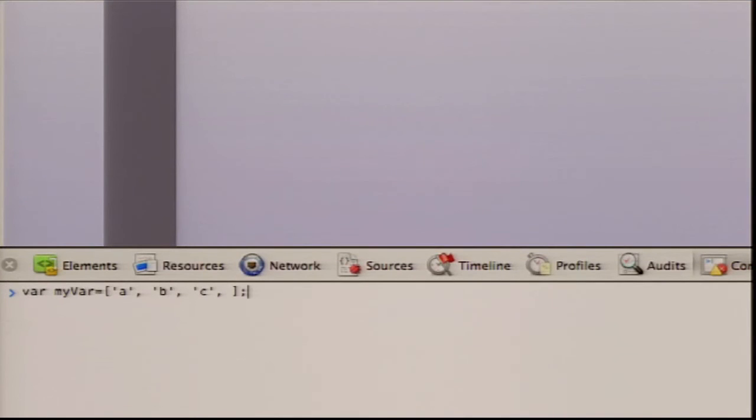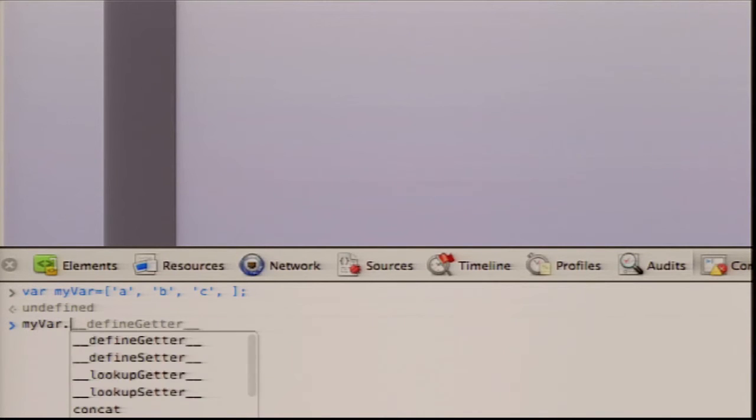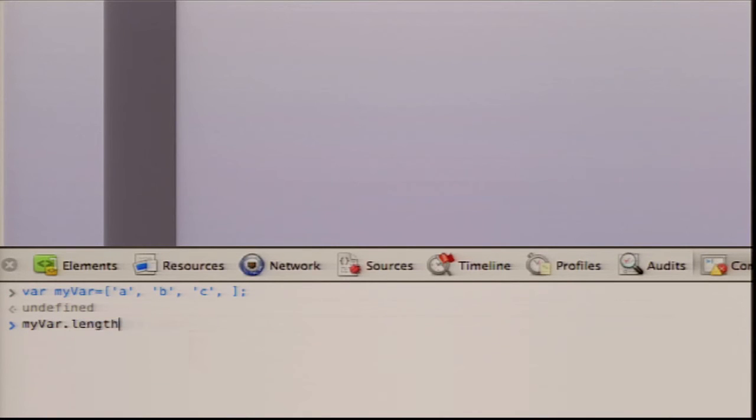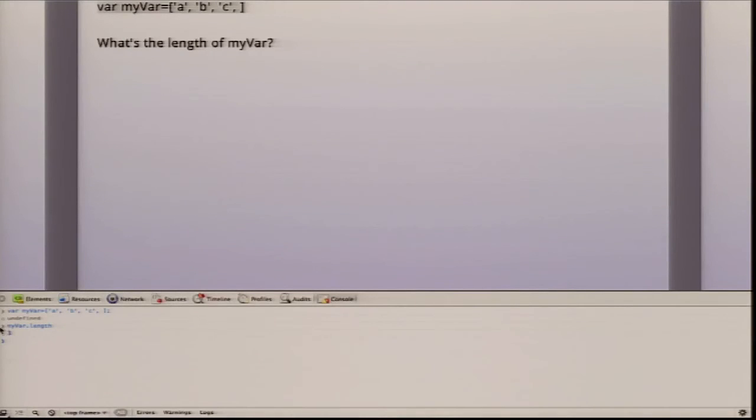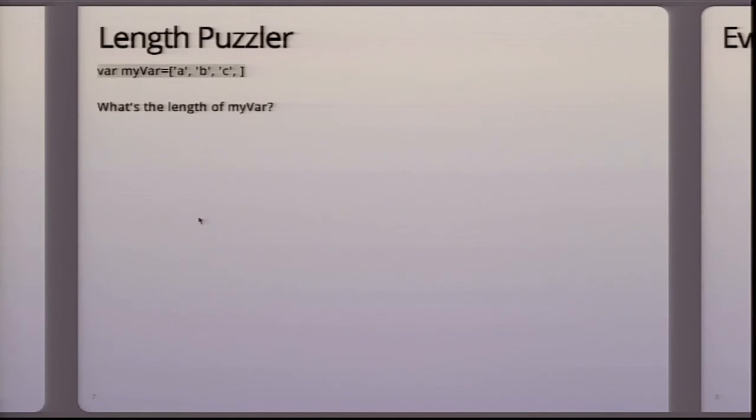So here I'm able to live-code JavaScript, which is kind of fun. And my variable dot length, and it is 3, but it's not always 3. I was going to bring a netbook with me with IE8 to show you that it isn't 3, but I felt too embarrassed to walk around the conference with IE8. So if anyone has an IE8 that they want to confirm, don't speak up, because